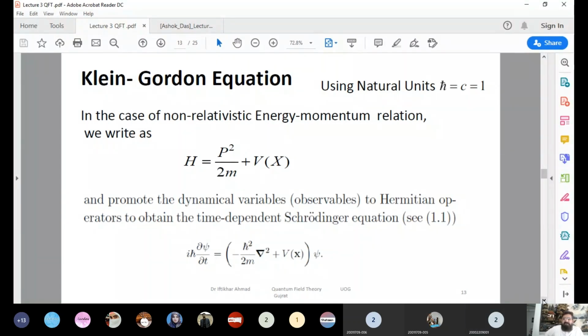In the previous lecture we already saw what the time dependent Schrodinger equation is. We are going to derive the Klein-Gordon equation from the Schrodinger equation. So here we can put the Hamiltonian operator in the equation and get the relation i h-bar partial psi over partial t equal to the Hamiltonian operator H acting on psi. Here psi is the wave function.